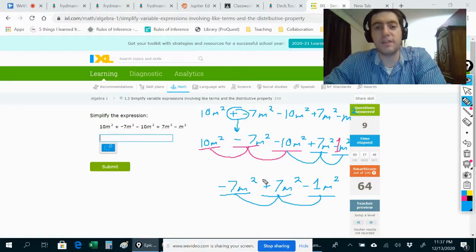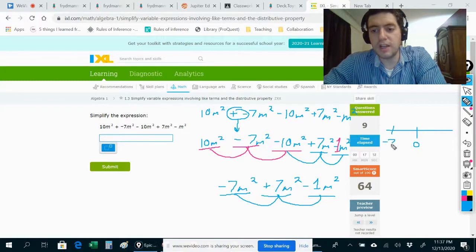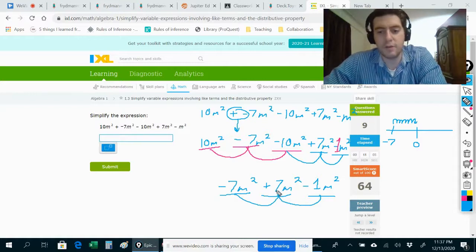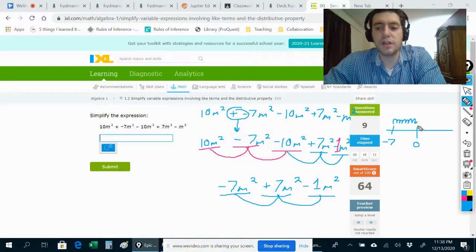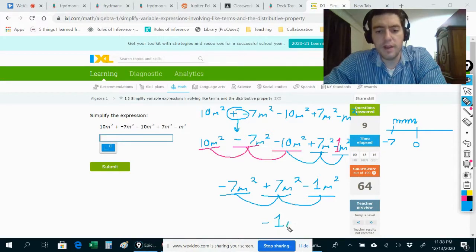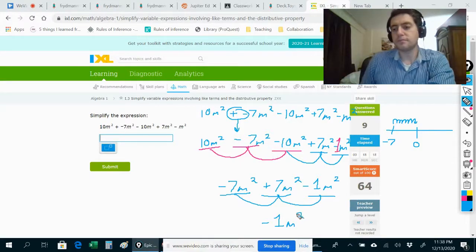Negative 7 plus 7 is going to give me 0, right? If, on a number line, I start at negative 7 and then since I'm adding, I move to the right 7 spaces, 1, 2, 3, 4, 5, 6, 7, I would end up at 0. So that's going to give me 0, or 0m to the second power, if you like. And then minus 1, so 0 minus 1 is negative 1. If I start at 0, and then minus 1 means I move to the left 1 space, I would end up at negative 1. So this is going to give me negative 1m to the second power,